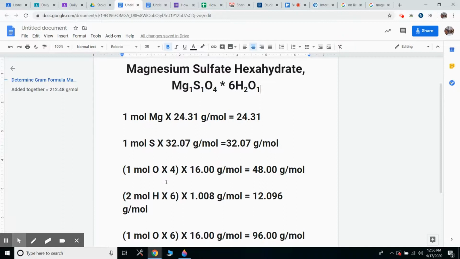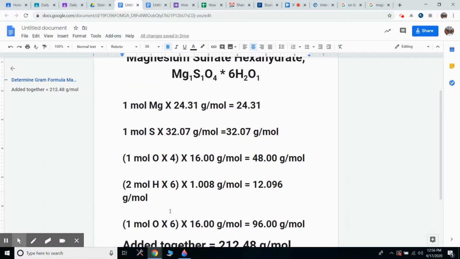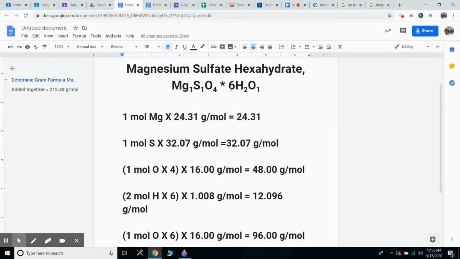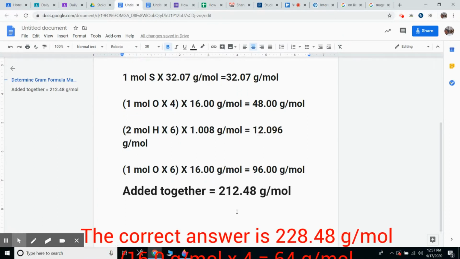And then the subscript here is a 2, so 2 moles of hydrogen times the 6 because of the coefficient here, times the molar mass of hydrogen, and then 1 mole of oxygen times 6. Remember, I have to distribute this coefficient 6 to all of the subscripts shown here in the H2O. When I added those all together, I got 212.48 grams per